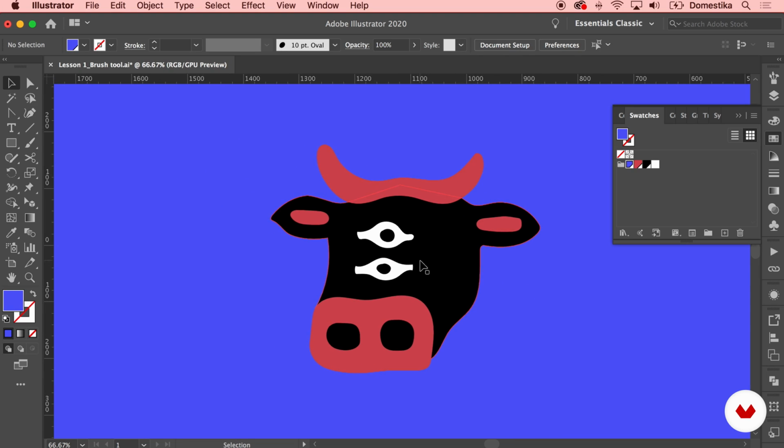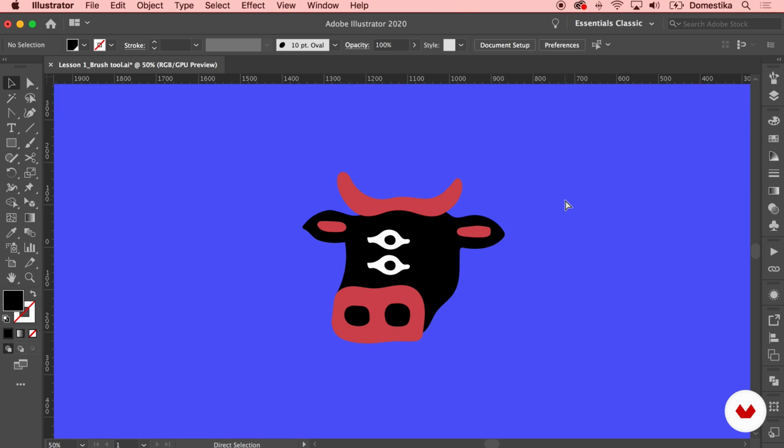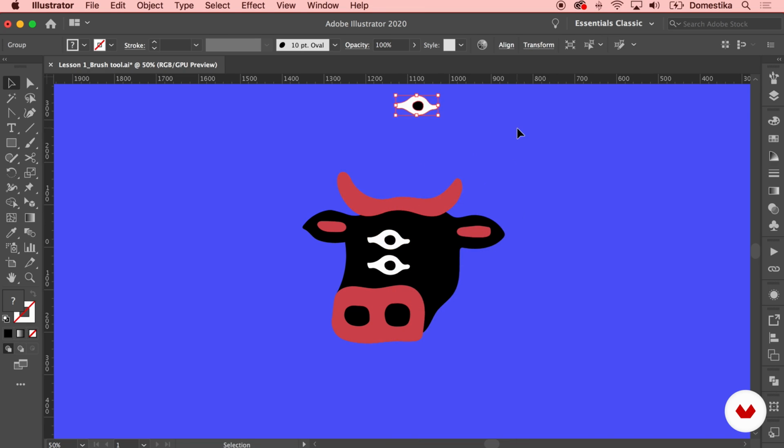I'm not really happy with this eye here, so I'm going to get rid of that and perhaps duplicate the top one, which is a bit more interesting. The brush tool allows you to quickly and easily create any kind of illustration freely as you would do in a physical world. We explored a few of the existing brushes, but let's grab this eye, right click and group it, duplicate it using the Alt key,